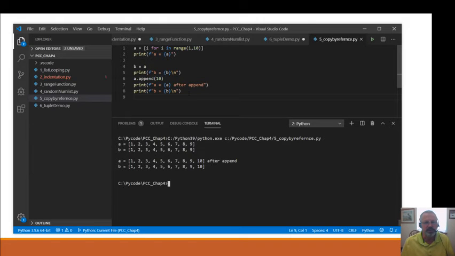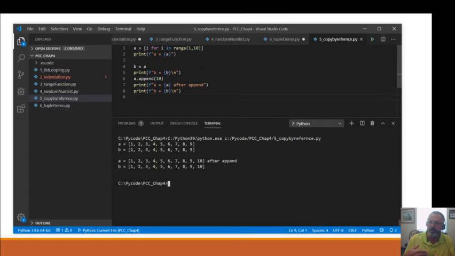And the answer is because when you said B equals A, you have to understand that when you created A equals this, you created a list object, and you stored it in memory. And A is the pointer to that object in memory. And then when you said B equals A, you said B equals the pointer to that object in memory.